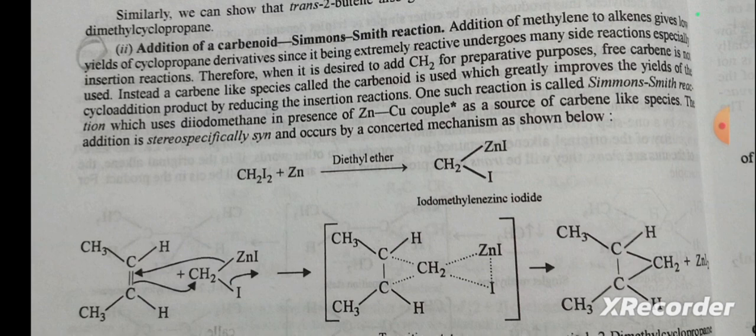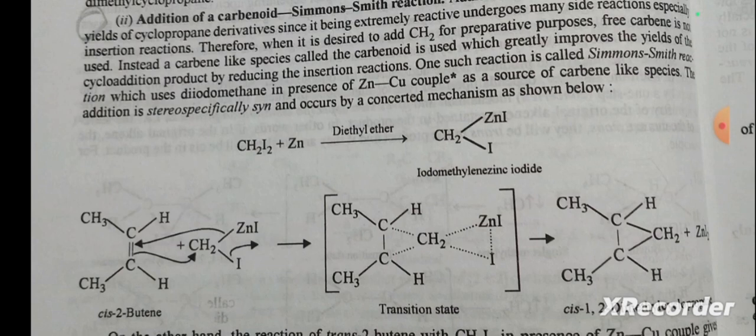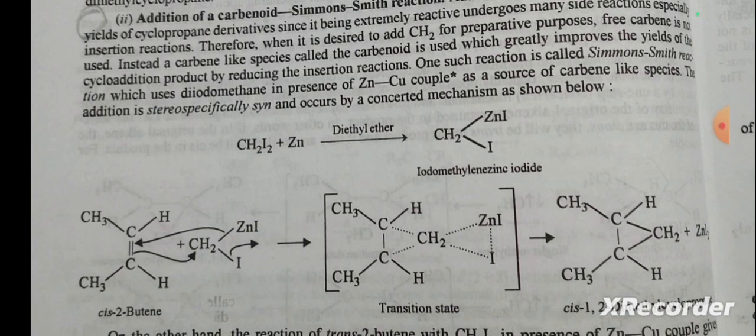Therefore, when it is desired to add CH2 for preparative purposes, the free carbene is not used. Instead, a carbene-like species called a carbenoid is used, which greatly improves the yield of the cycloaddition products by reducing the insertion reaction. One such reaction is called the Simmons-Smith reaction,